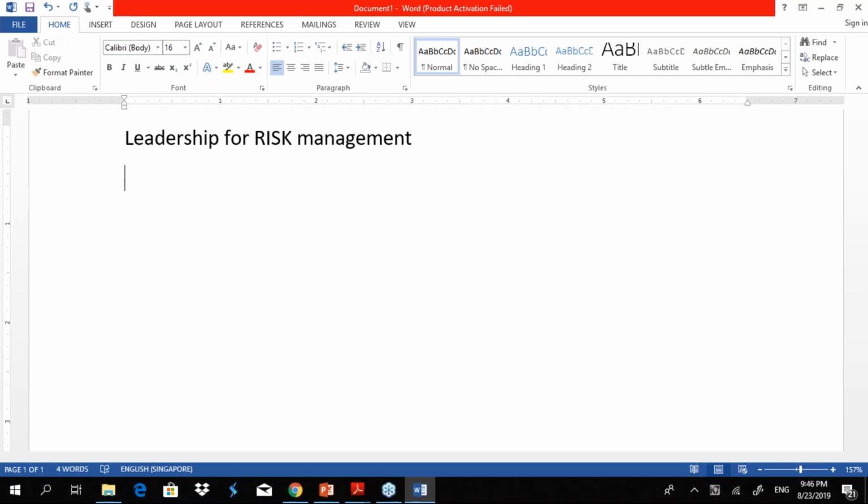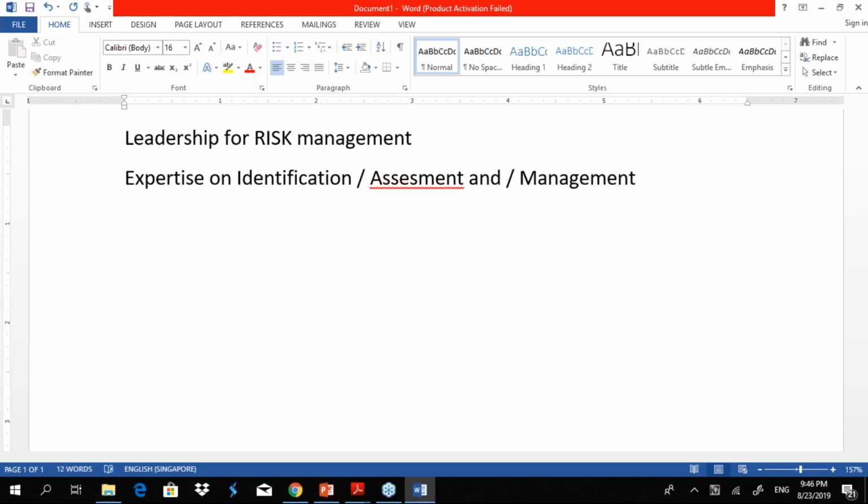So when you have a separate risk committee, there will be expertise on identification, assessment, and management of risk.